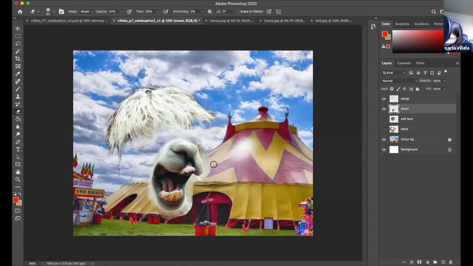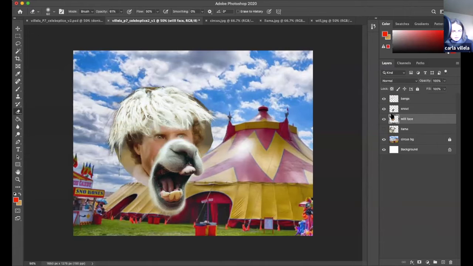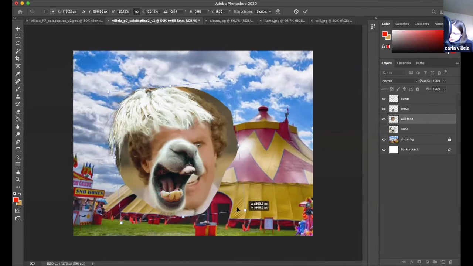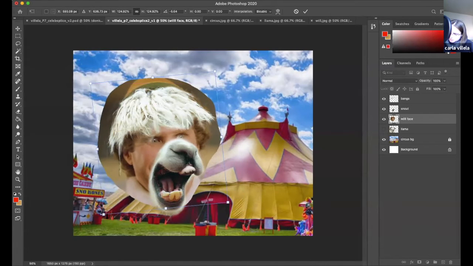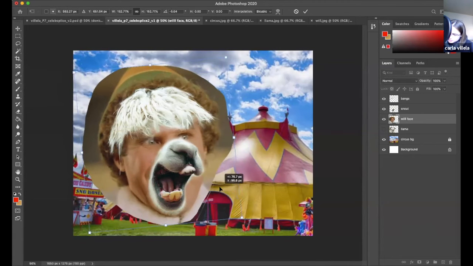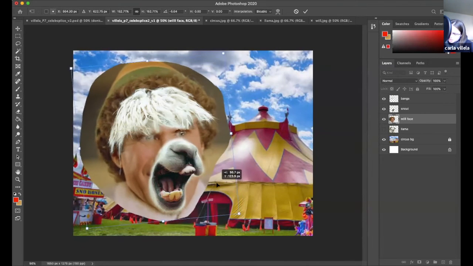Let's go back to the snout. Get rid of all this crapola. All right, pretty good, pretty good, pretty good. Okay, let's turn Will Smith's face back on. Now, for Will Smith's face, I want to, as best I can, I really want his expression still there. And so to do that,